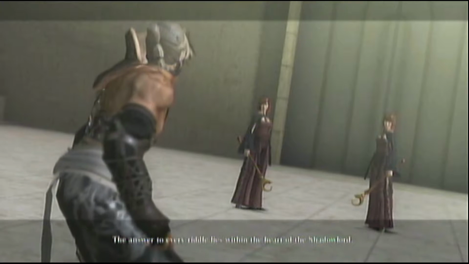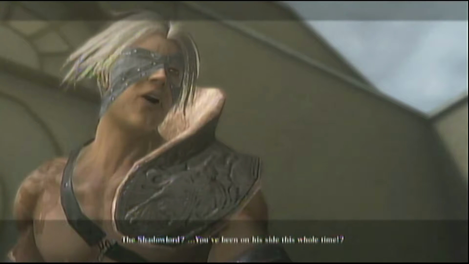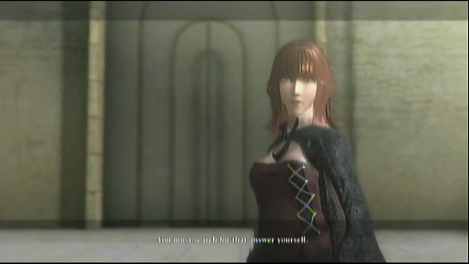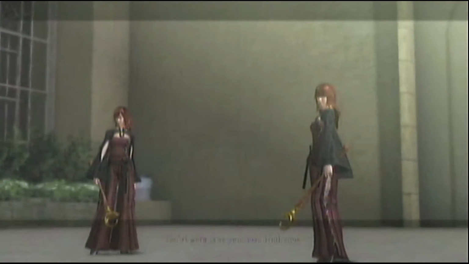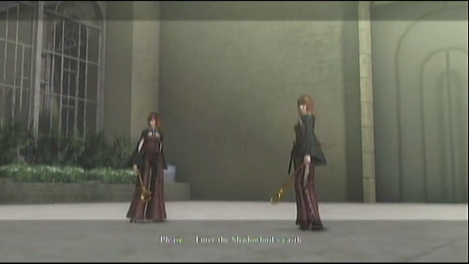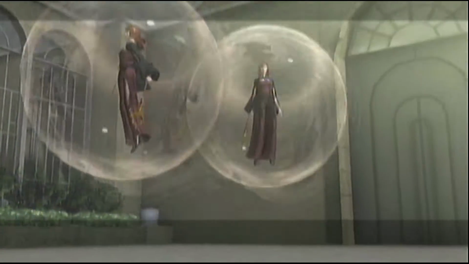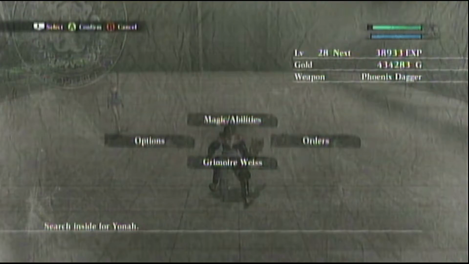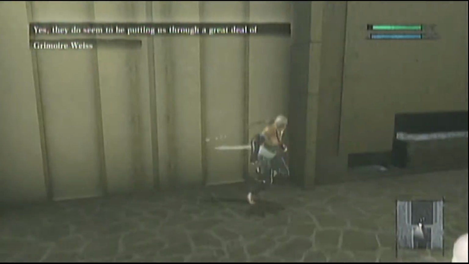But why? The answer to every riddle lies within the heart of the Shadowlord. The Shadowlord? You've been on his side this whole time? You must search for that answer yourself. You've got to face your own truth now. Please, enter the Shadowlord's castle. We got the Shadowlord's castle map. Devola and Popola are fighting us. Yes, they do seem to be putting us through a great deal of